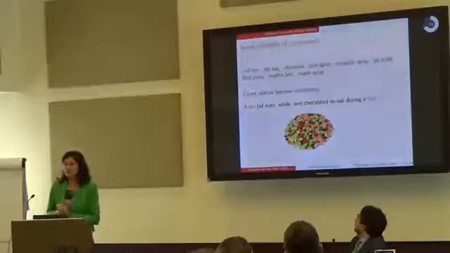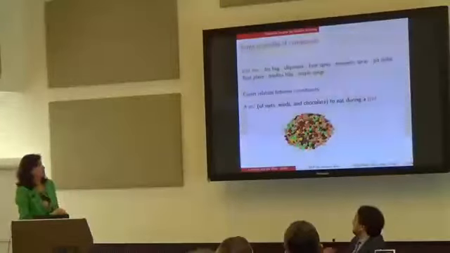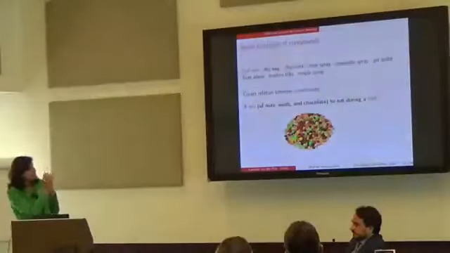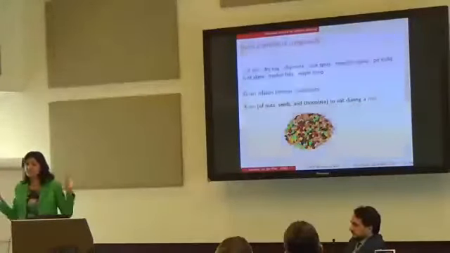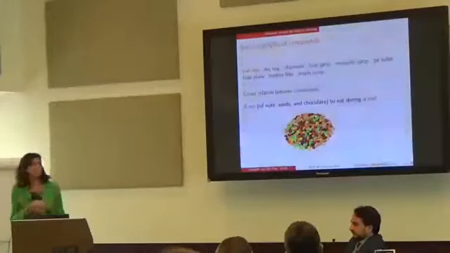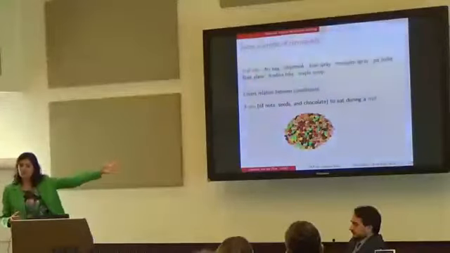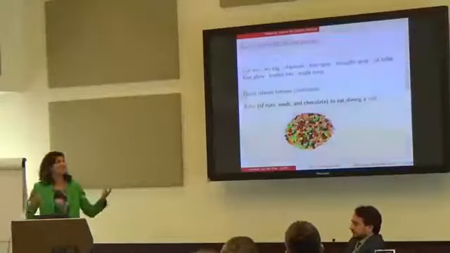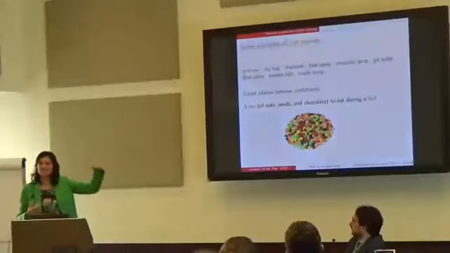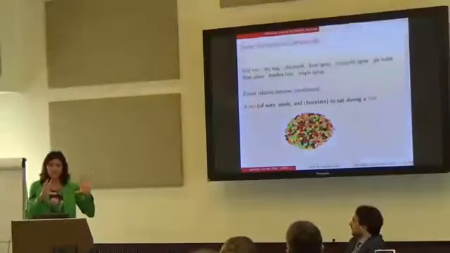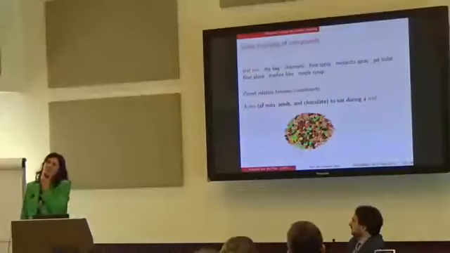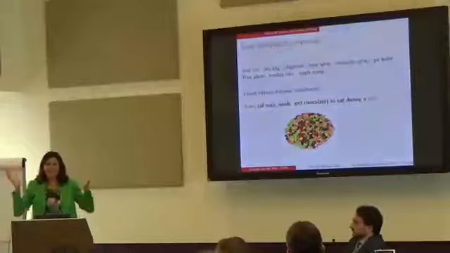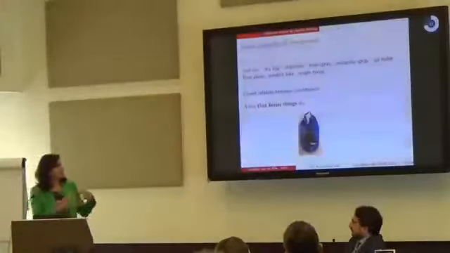So what's interesting about compounds? So these are all examples of compounds. Well, compounds have a kind of covert relation between the constituents. You don't see the relation, but you can make it up from the context. So if I say trail mix, and I showed you the picture, you were like, okay, there's trail, there's mix. Now, how do I connect the two? Well, it must be a mix that you eat during a trail, yeah? But if I didn't show you the picture, maybe you would have said a trail mix is probably a mix of different types of trails, one near the sea, it could be anything. So it's kind of flexible.